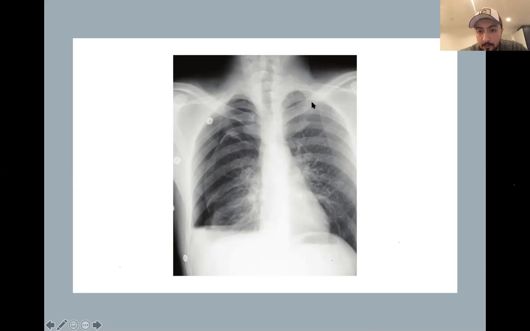You can see the lung markings all the way to the edge, and there's no opacification around this region of the lung. So looking at the heart, it is not enlarged, meaning it's not bigger than 50% of the cardiothoracic diameter, and